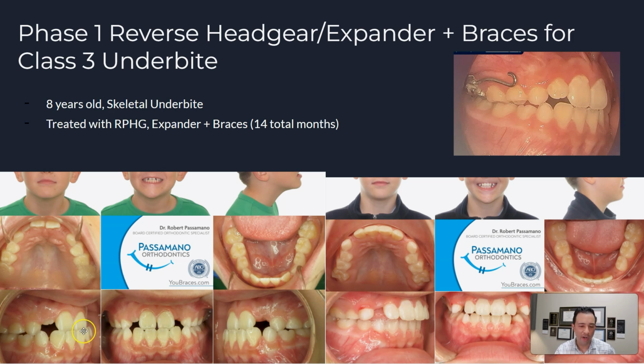But the front teeth are hitting on top of each other. So to avoid grinding and wearing down of those teeth, we used a headgear. We got more positive overlap. You might be looking at this photo on the right and thinking, oh my gosh, that's too much overlap, but that's incorrect. We want to get more overlap than is necessary because as these kids grow older, the underbite slowly